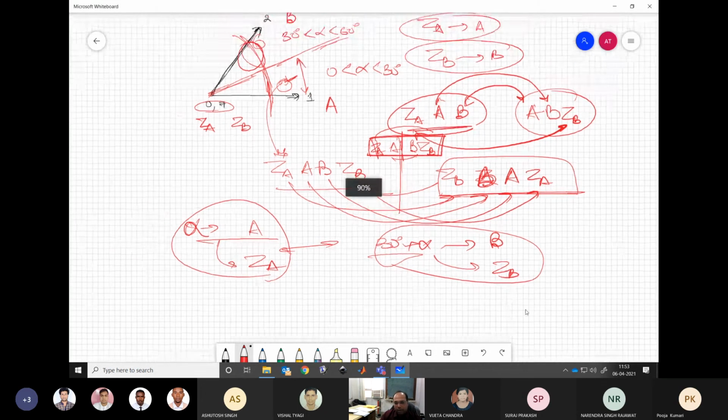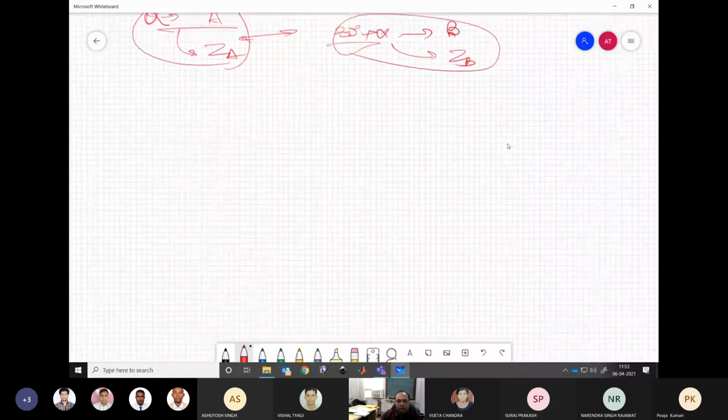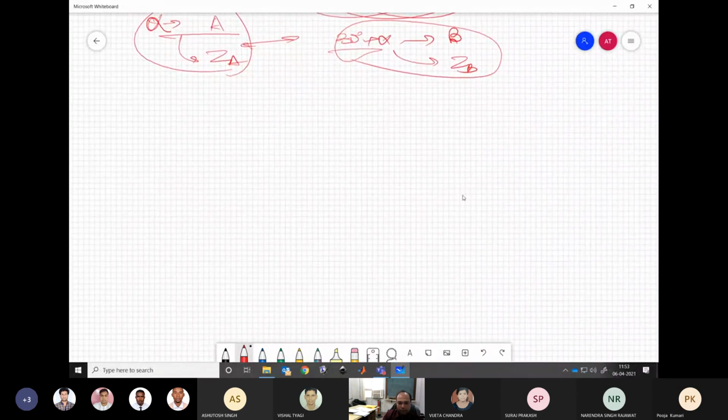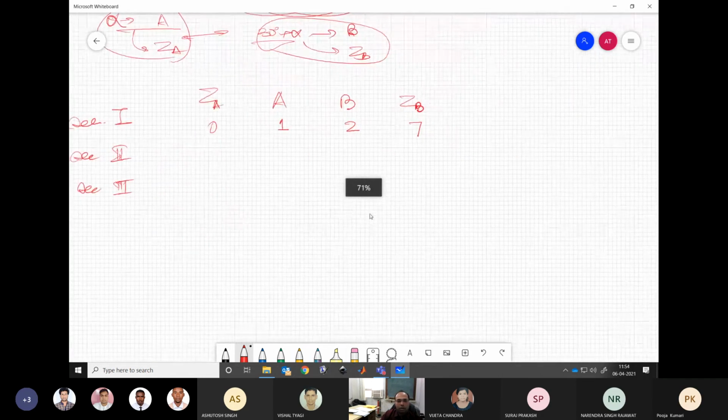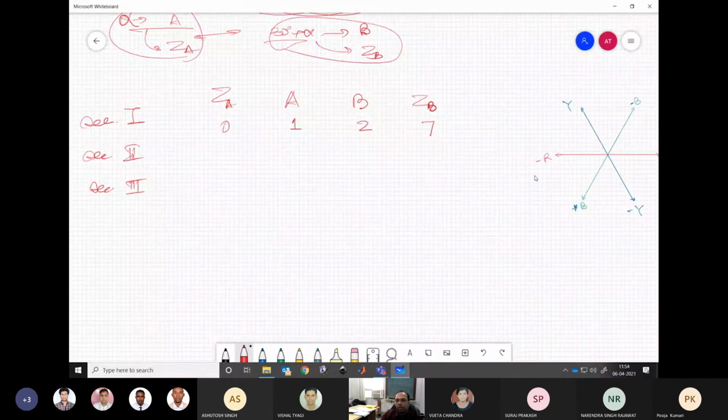Now, this we have generalized. Generalized in the sense that while assigning the vectors to these generalizations, let us say sector 1, sector 2, sector 3, we maintain the cyclic order. Let us say in sector 1, your A is 1, B is 2, this is 7, this is 0. Now when you go to sector 2, I will maybe drop it here for clarity.